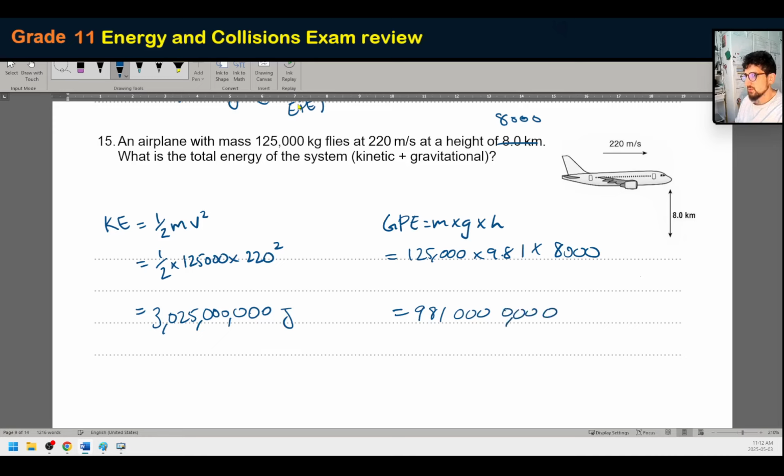981,000,000,000. Quite a few zeros. Okay, so those are the numbers we're dealing with. So total energy, which is mechanical energy in this case, because mechanical energy is both the summation of kinetic energy and gravitational potential energy. So the total energy is going to be KE plus GPE, which is just adding those two numbers together. So it's going to equal